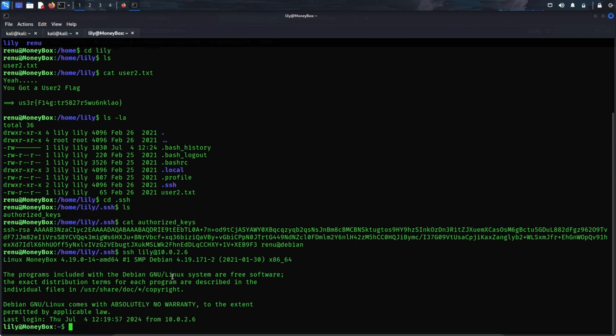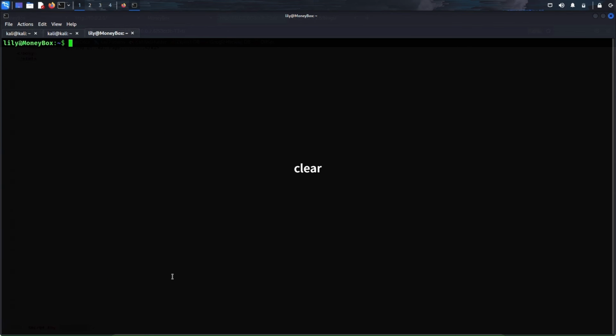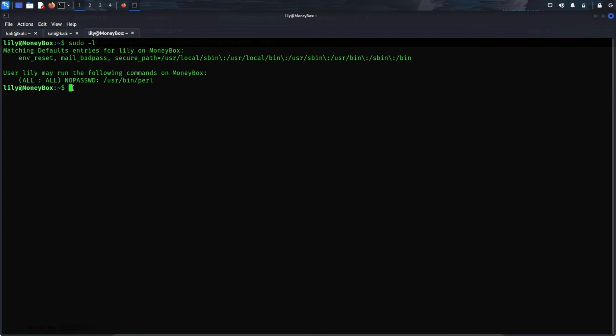So let me clear my screen once again. Okay, now let's see if this user has any commands that it can run as a sudo user. And the command we will use to do that is sudo -l. And yes, we've got something here. If we look here, then we can use the command perl as a sudo user, but unfortunately I do not know